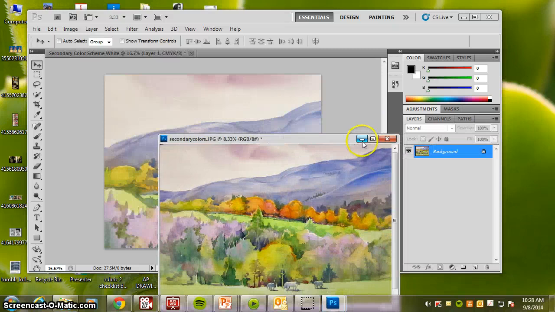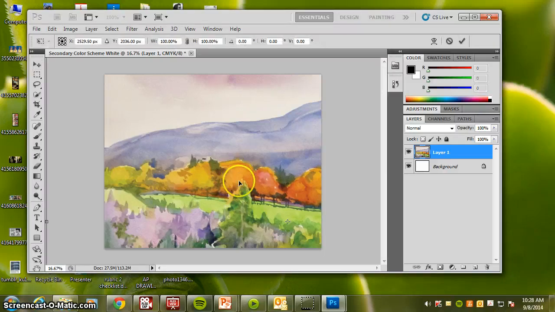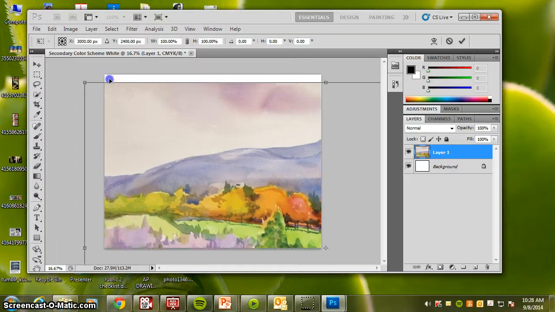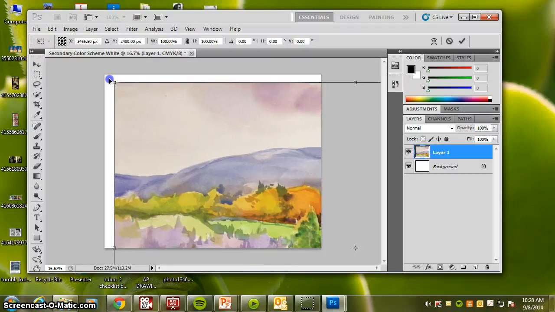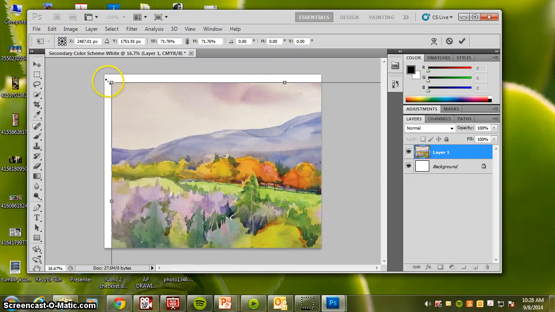And again, we have the issue, it's a good issue, of it being large. So I want to make this smaller. So I'm going to hold down Control and hit the T letter. So Control T, and that is telling the computer that I want to transform this image. So I'm just going to click and drag from the top to just drag my picture over so that I can see a corner. And then I'm going to hold down Shift and then click and drag this smaller. Holding down Shift helps me keep the proper